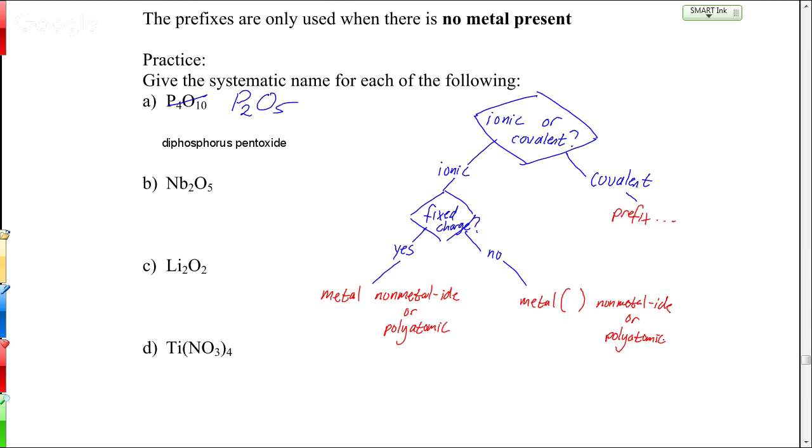So that's going to look like niobium, parentheses, oxide. What do we put in the parentheses? What's the charge on niobium? 5, right. We know each oxygen is -2. There's 5 of them, so that's -10 total. If we've got 2 niobiums, each has to be +5 to balance out the -10 total. So that's going to be niobium(V) oxide.